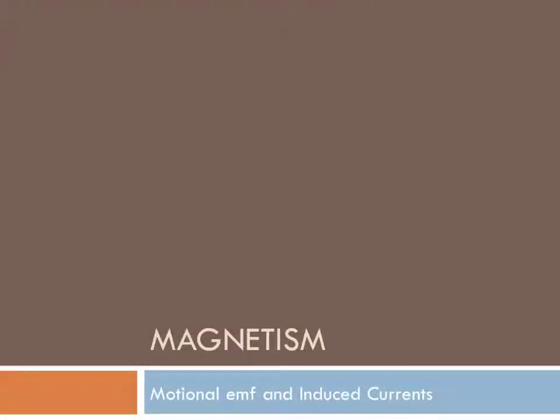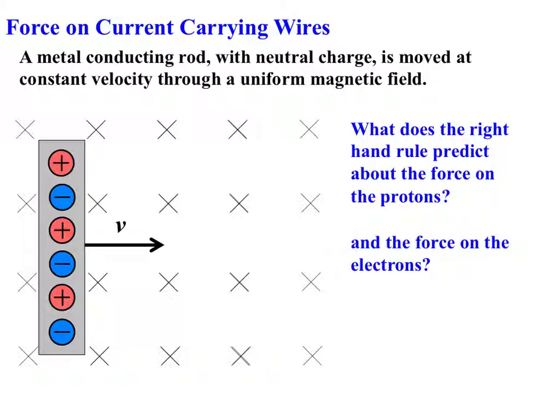This video covers motional EMF and induced currents. So let's say that you have a metal conducting rod with neutral charge and it is moving at a constant velocity through a uniform magnetic field. If you use the right-hand rule that we talked about in the previous video, then there is an upward force